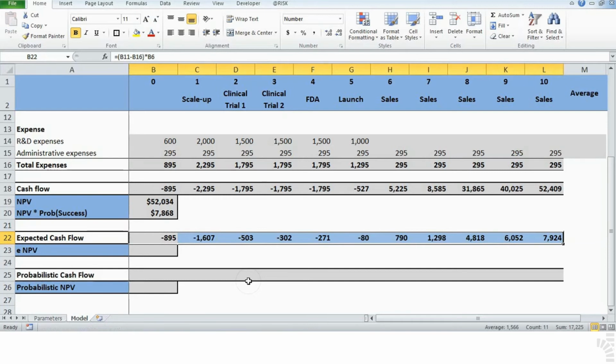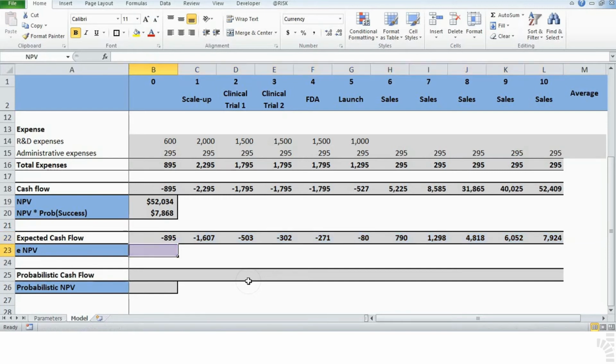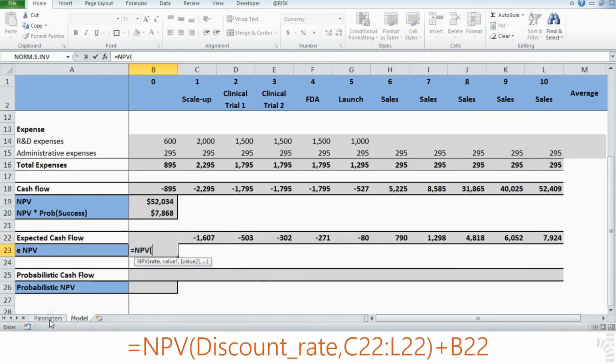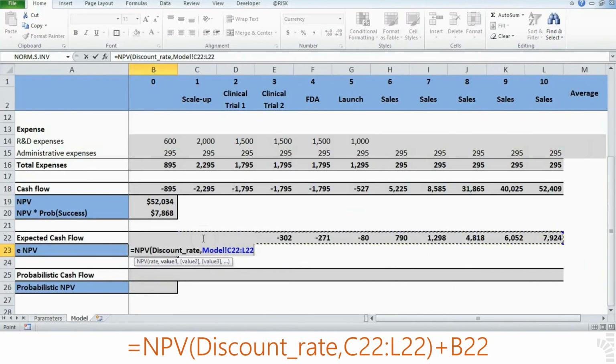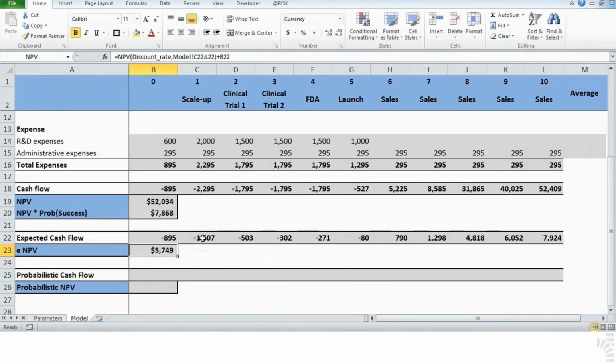69. On cell B23 write a formula to calculate the net present value of expected cash flows: equals NPV(discount rate, C22:L22) plus B22. 70. On cell B25 write a formula to calculate probabilistic cash flow: